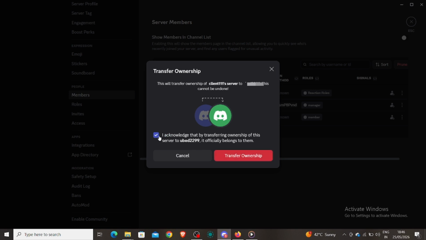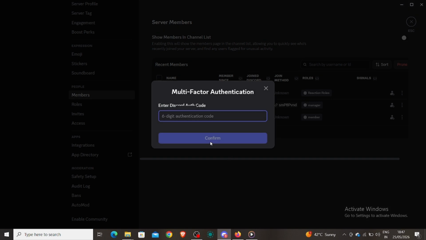Discord may ask you to verify your decision by checking a confirmation box. If your Discord account has two-factor authentication enabled and the server requires additional security, you may also be asked to complete a verification step before the transfer can proceed. After confirming the transfer, ownership of the server will immediately move to the selected member. The new owner will gain full ownership privileges, while your account will remain in the server with whatever role and